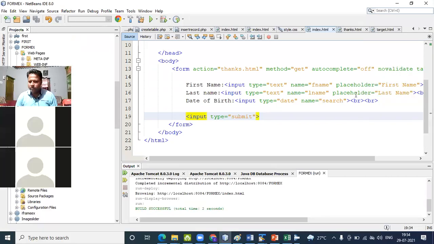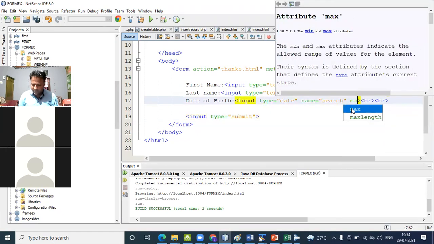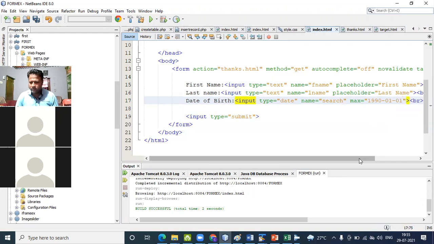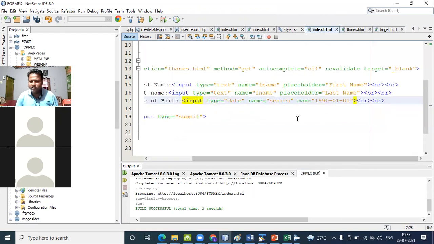So if you want to restrict something, for date of birth, maximum is 1990-01-01.